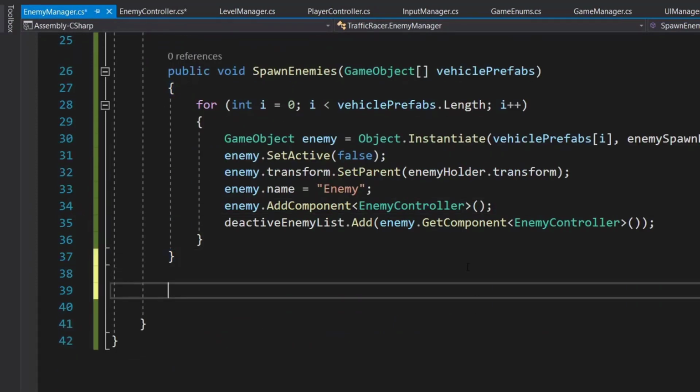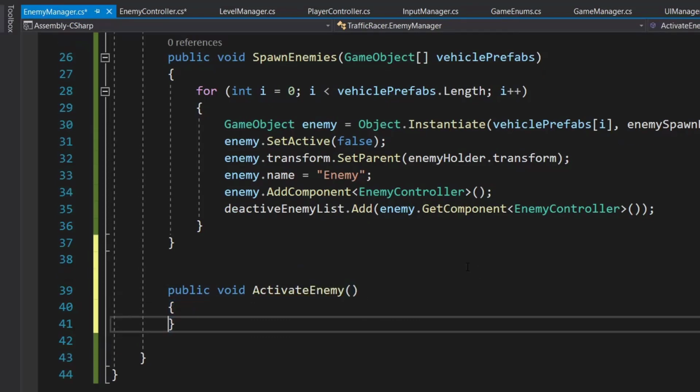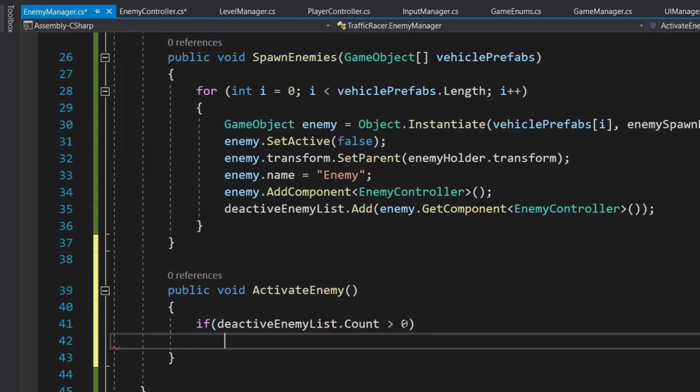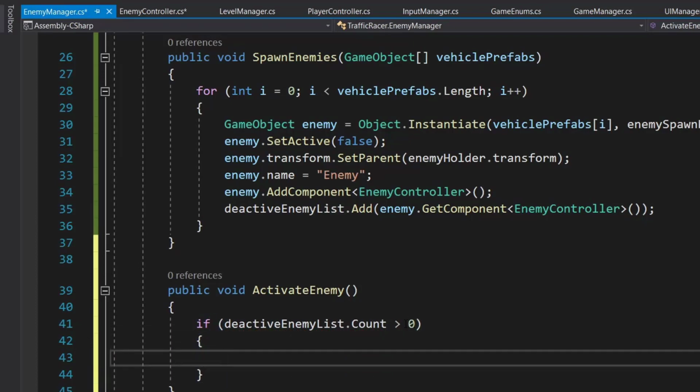So enemy manager will be responsible for activating and deactivating our enemy. So first we will create a public void activate enemy. So in this method we will activate our enemy. So here we will check if our deactivate list dot count is greater than 0. That means we have some element in our deactivate list.